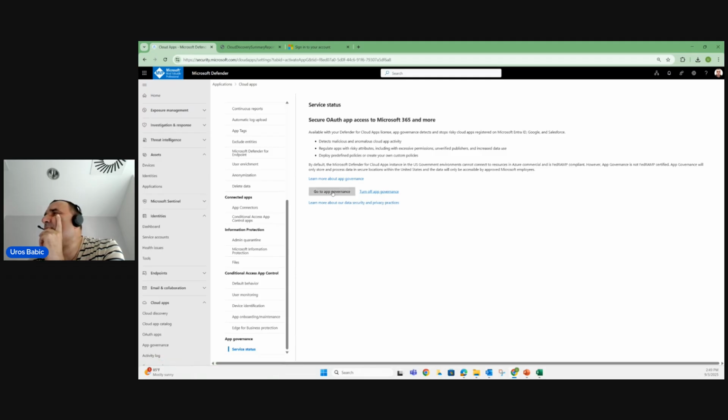I can go into application governance in order to detect malicious cloud application activity, for example, deploy predefined policies, create some of my own custom policies, and so on. And many other features. I can define an operation guide overview with daily, weekly, monthly activity, and it is actually regarding